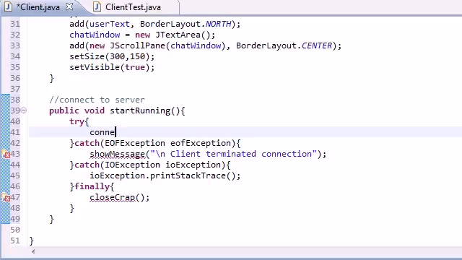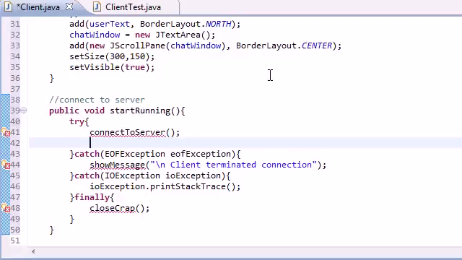The first one is connect to server, and I think that whenever I was making the server program, it was just like wait for connections. But since we don't want to wait for any connection, the client is responsible for connecting to the server, not vice versa. So this one's going to be connect to server, and it's going to connect to one specific server. And of course, that's why we needed the IP address, so we know which server we want to connect to. And after this, once you're connected, just go ahead and set up streams,